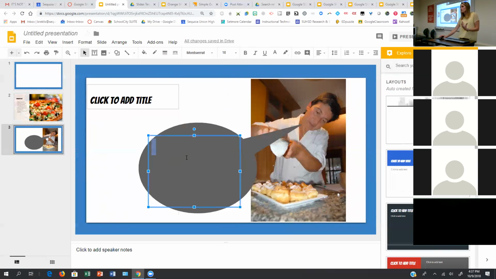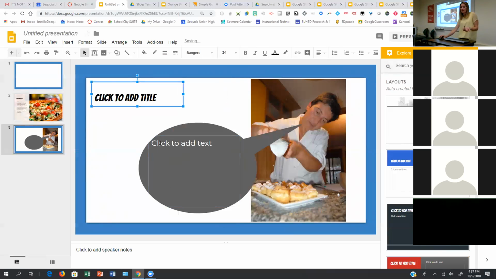Then when a student gets this, they'll be able to add their title. Move that a little. And it says click to add text. So it even shows them, this is where you're supposed to be typing, right? So title this scene, and you can even add instructions in this scene. You can add that to master so you can't get rid of it. Have her explain what she's doing in Spanish, right? If you're a Spanish teacher. And so then they can be using the language that they're learning to do that, or you can have the two people discussing whatever. All right, so that's a lot with editing the master and some formatting, but there's so much.